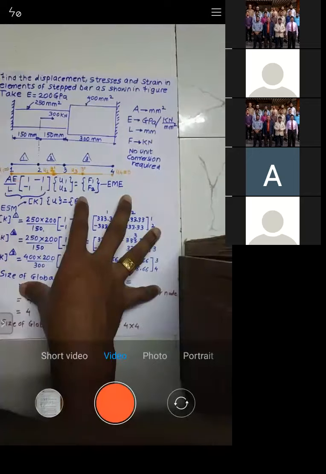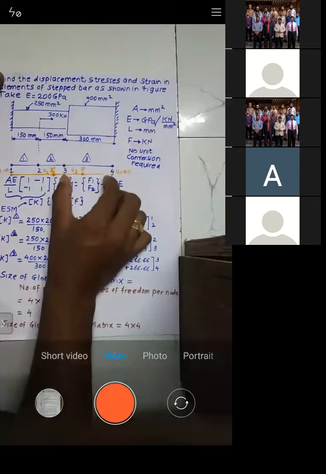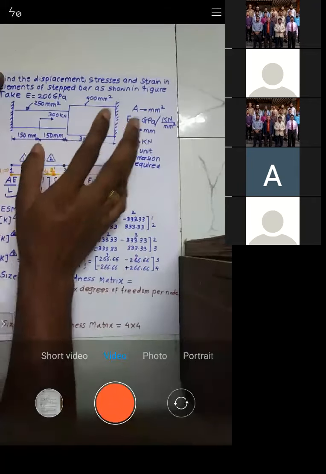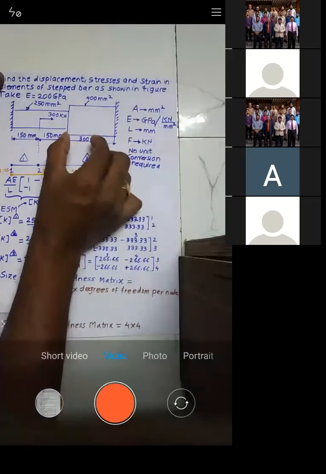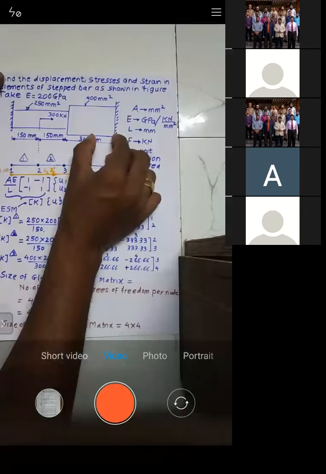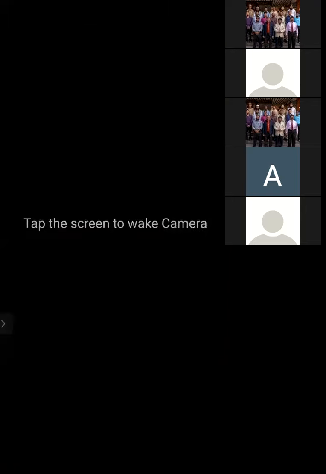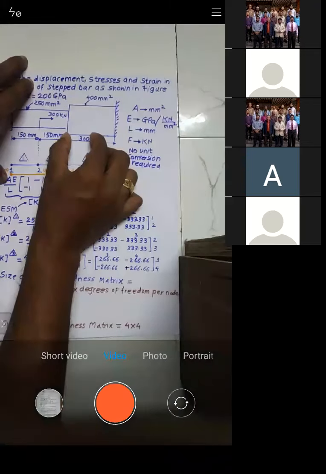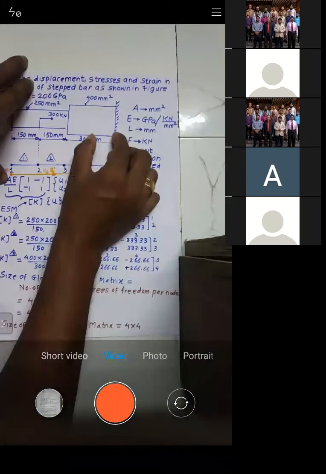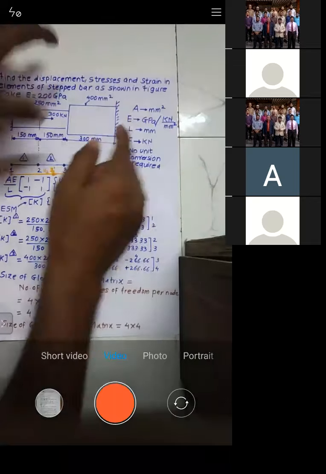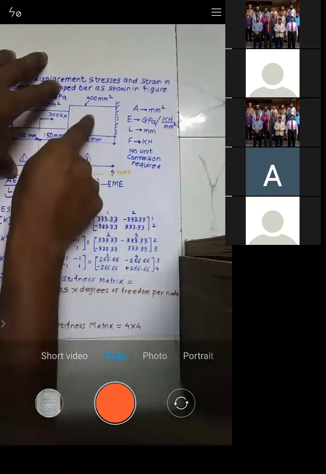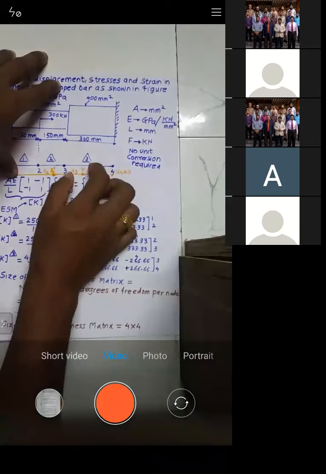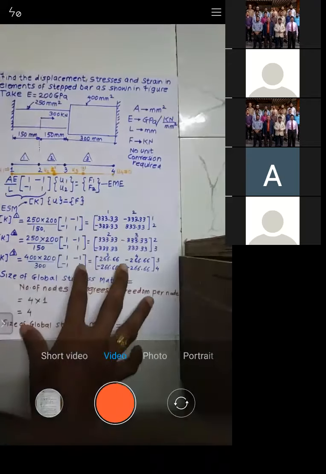Is that okay? You are asking to split this into two parts. I'm not able to do it. Sir. Right? Yes. See, you will be able to do it when you have this particular length of different material, this particular length of different material. If this is the case, you can do it into two parts. Otherwise, if you have some force which is applied here, that point you bring it down, so this becomes nodes, and you will get two elements, right?